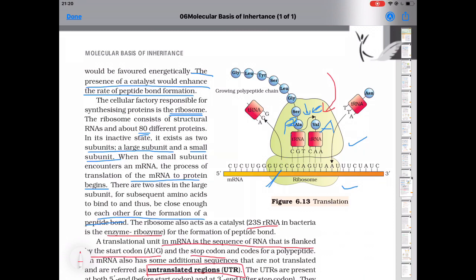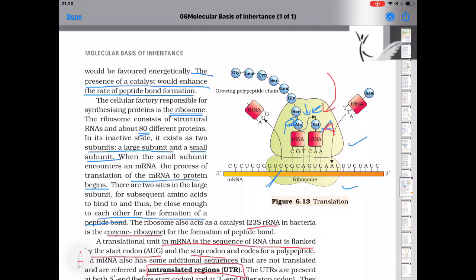If it is correct, then peptide bond formation between the amino acid attached to tRNA at A site and amino acid attached to tRNA at P site takes place. That is, bonding between amino acids at P and A site occurs. After bond formation, the tRNA of P site is removed away. tRNA separates from the amino acid. Now tRNA of A site is shifted to P site and A site becomes free. So from the A site, each amino acid goes to P site and A site becomes free.